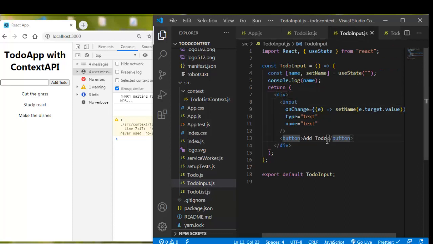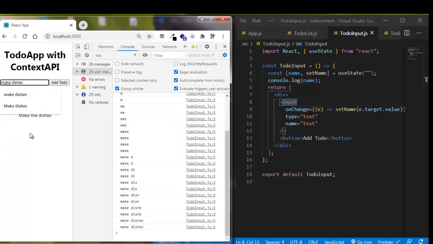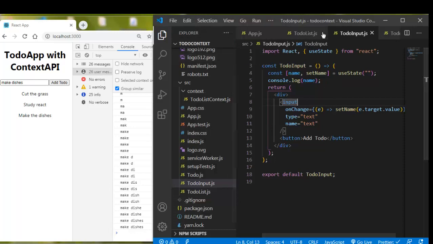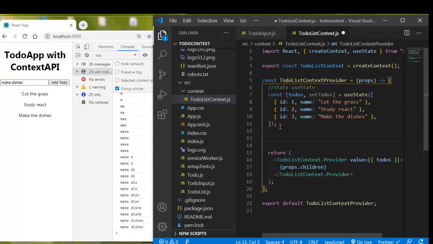Okay, here now that we've got this value, we need to submit it, and when we submit it, we need to pass it down to our state here. So before that, I'm going to make a function that is going to allow us to add the to do into our state of this context. Okay, for example, it's going to be called add to do,